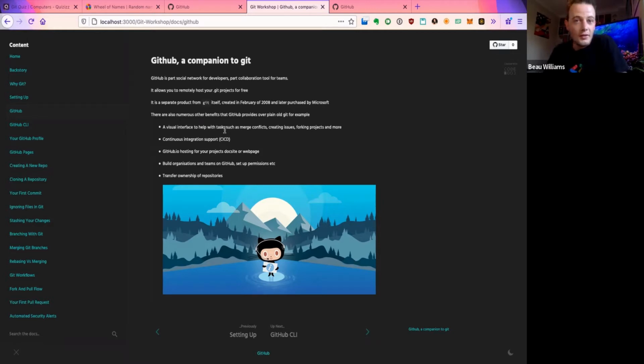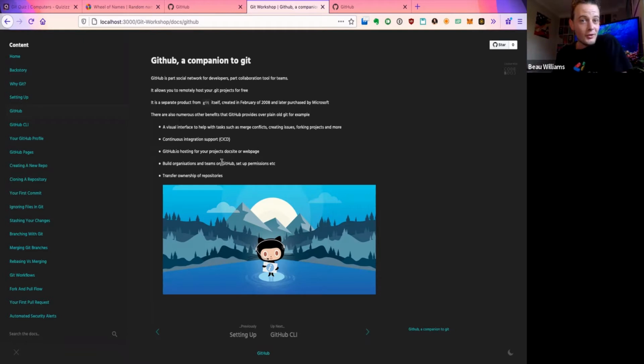So there's also the visual interface. I'll walk us through a little bit of that later. There's some really cool features that GitHub offers. As much as I like using a CLI, sometimes there's just no point because GitHub makes it just that easy to do things. It's like a click of a button, really awesome stuff. It also does stuff like continuous integration, which, if you know about it, you know about it. If you don't, you don't. Very complicated.